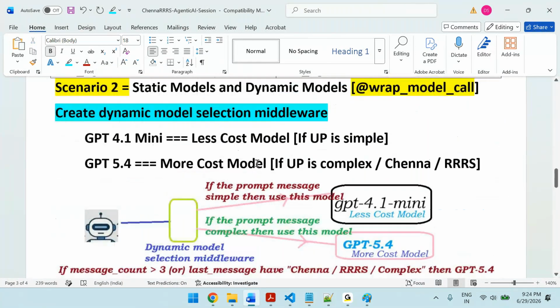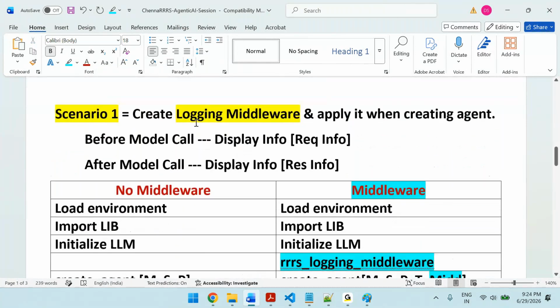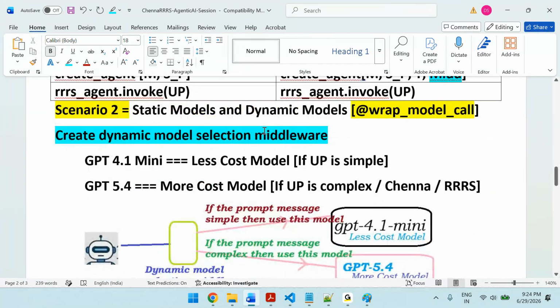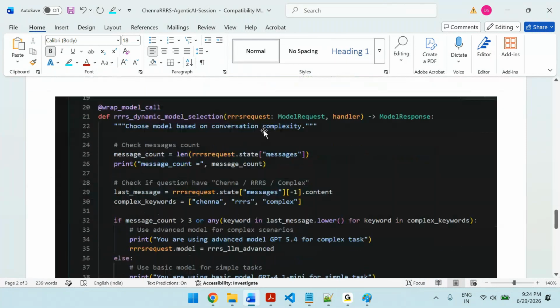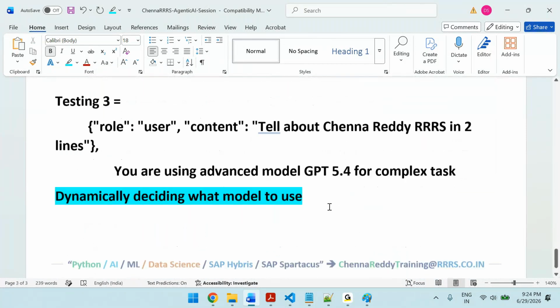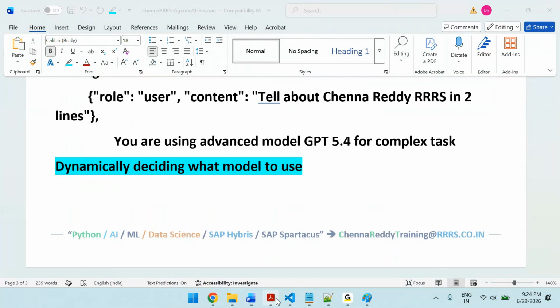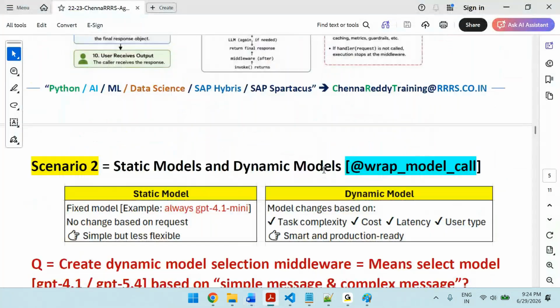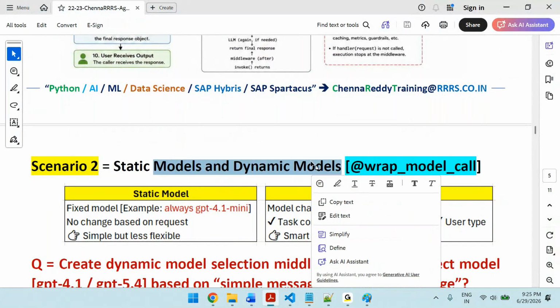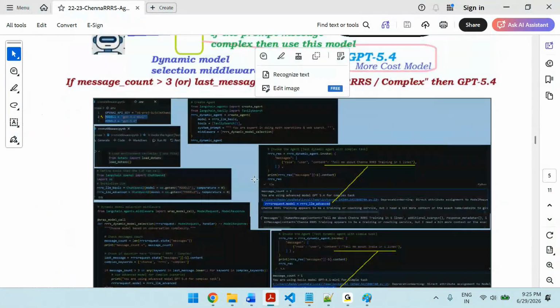Okay, that's the scenario 1. Sorry, scenario 2. Scenario 1 is logging middleware. Scenario 2 is dynamic model selection middleware. That's it. So now let's see the notes for this. This is the notes we created. Dynamic model selection middleware. This is the requirement. This is the code,